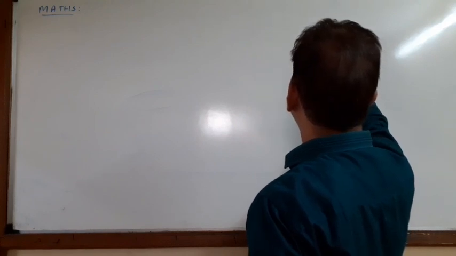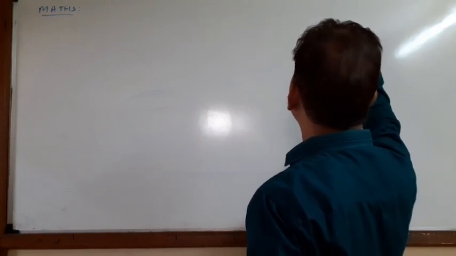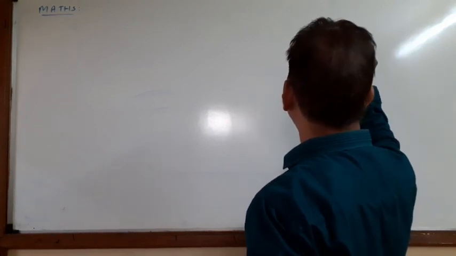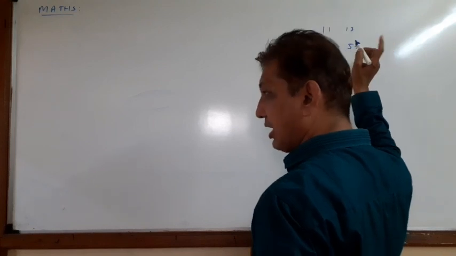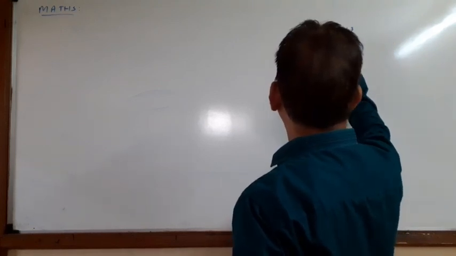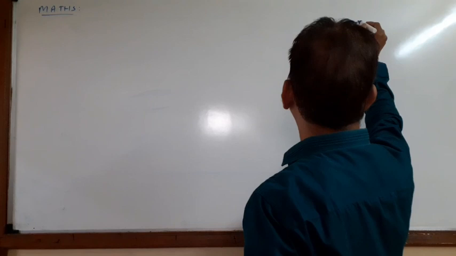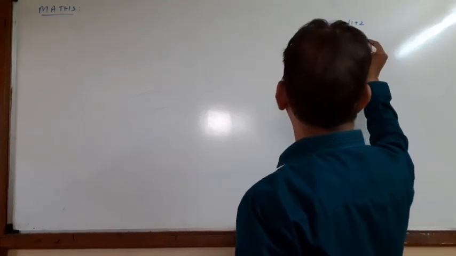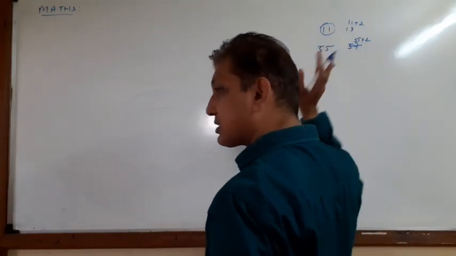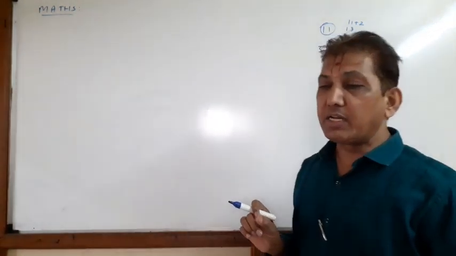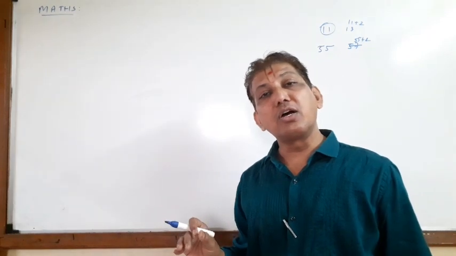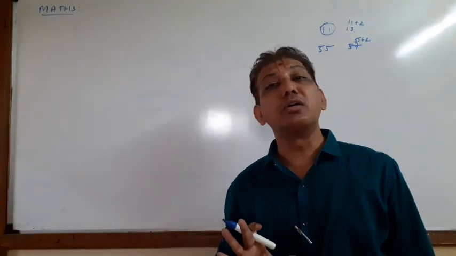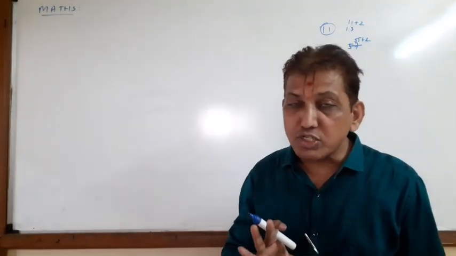Suppose the first is 11, the next is 13. Suppose the first is 55, the next is 57. That means if the first number is 11, the second is 11 plus 2. If the first number is 55, the second is 55 plus 2. The difference is 2. When we suppose two consecutive odd natural numbers or even natural numbers, the difference is always 2.